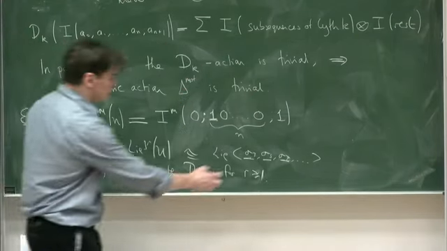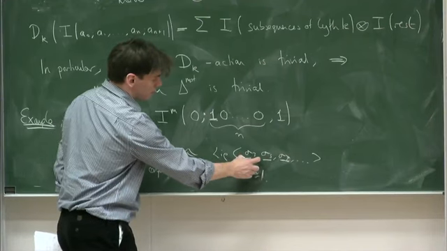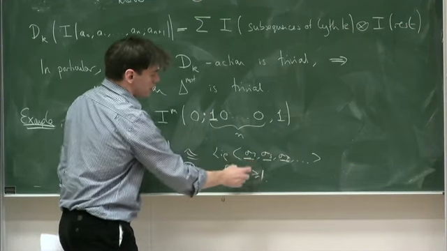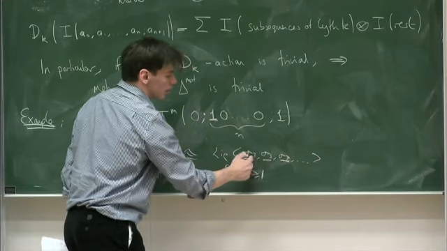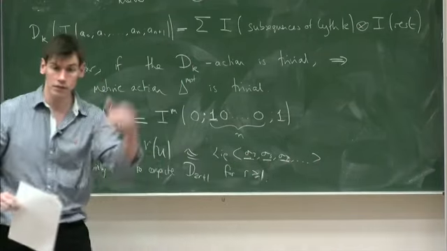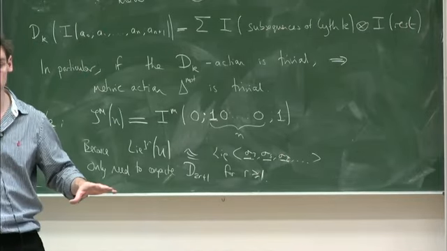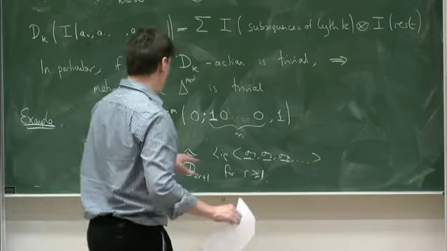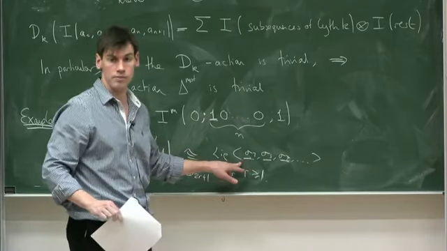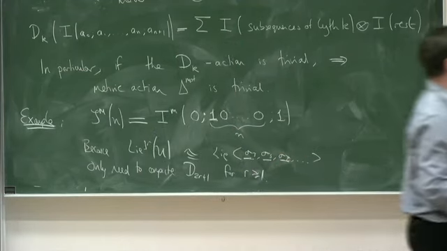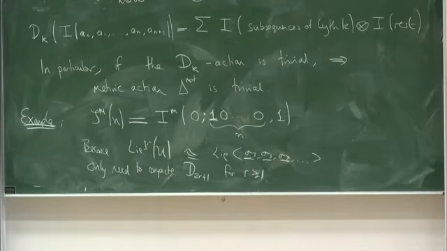Because the infinitesimal action of the algebra is, well, we know the generators only have degrees 3, 5, 7. So I never need to cut off a subsequence of even length. That gives me no information about the Motivic Galois group, and or length 1 or length 0. So in fact, in this calculation, it's enough to take k equals 3, 5, 7.